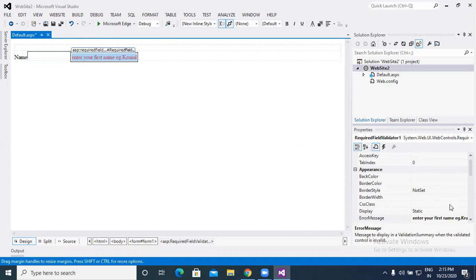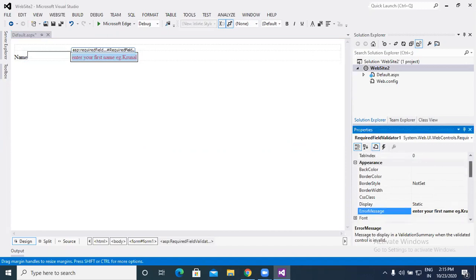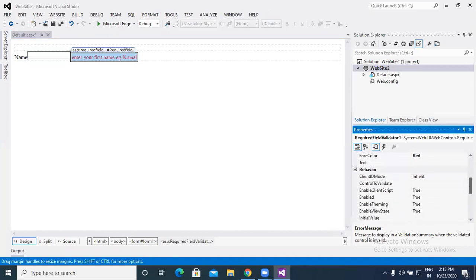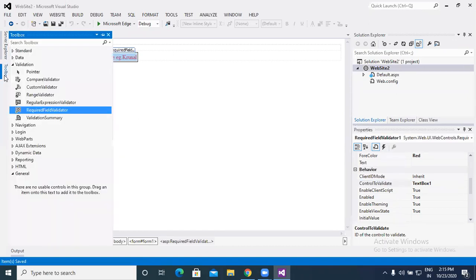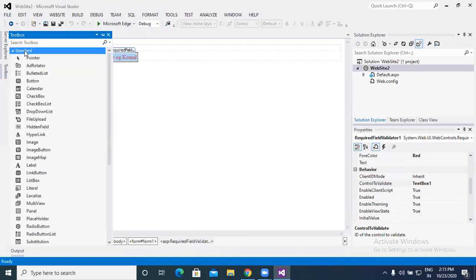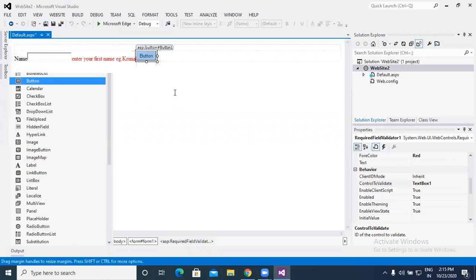So that's why we have to set the property ControlToValidate. We can select TextBox1. Now if you enter a wrong value, or a null value in that text box, it is not accepted at runtime. We can check the demonstration of it right now.